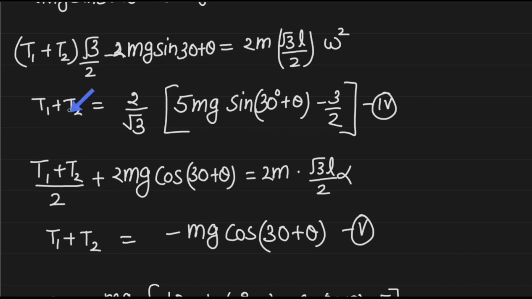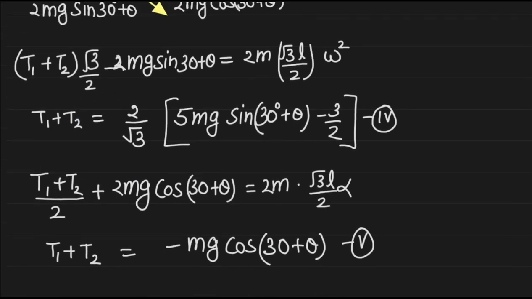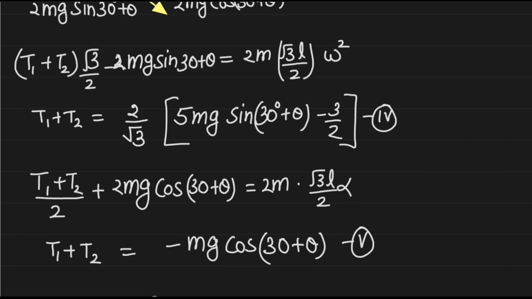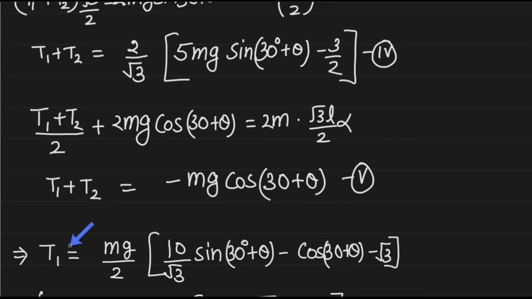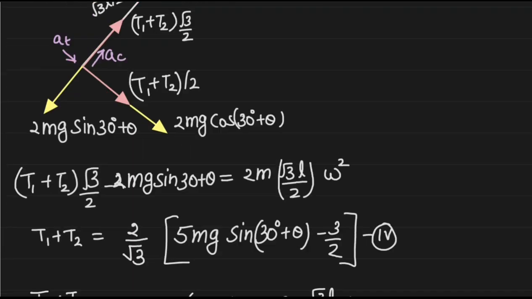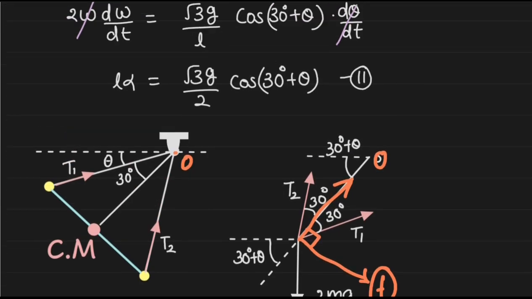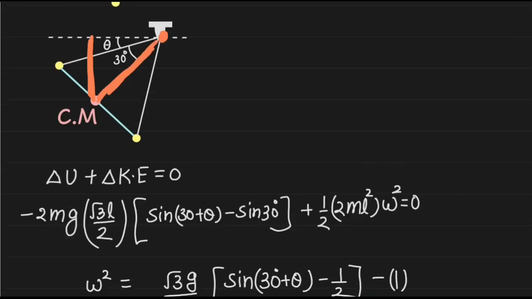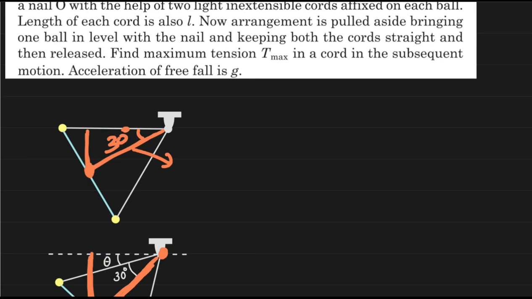So now if we just use this fourth and fifth equation, we can determine the value of T1 and T2, and actually we do not need to solve for both of the equations. I'll tell you why. So let's say the tension T1 is this much, right? So this is the value of tension that we are getting, and why I do not need to bother about the value of tension T2, because the tensions will be attaining the same value. If you see that the motion has started from this position, right?